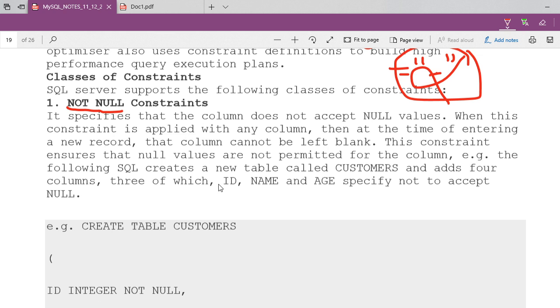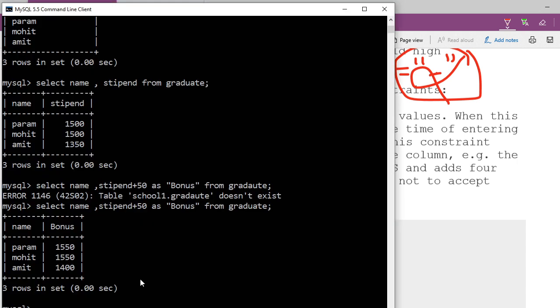So here you see, by default every attribute can carry a null value. How by default? Check out here, I'm going to write here describe graduate.